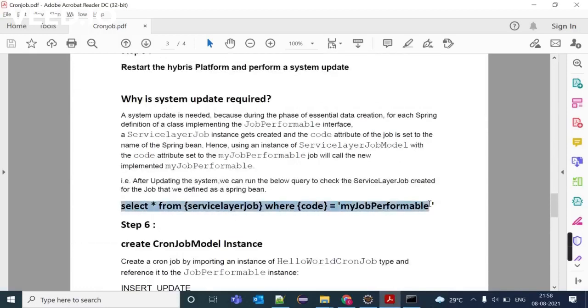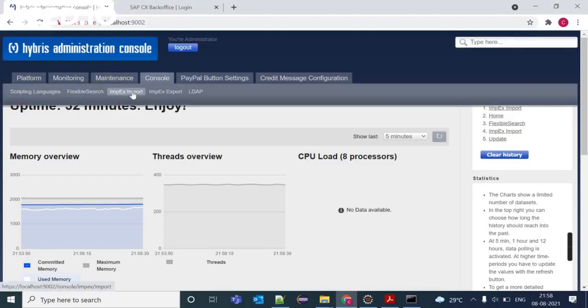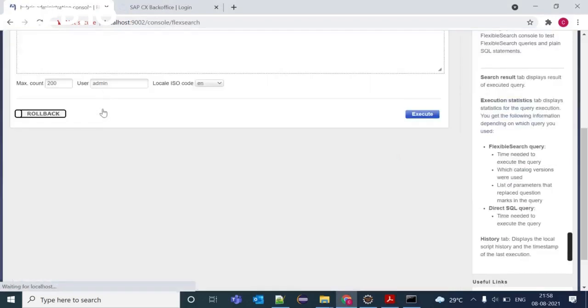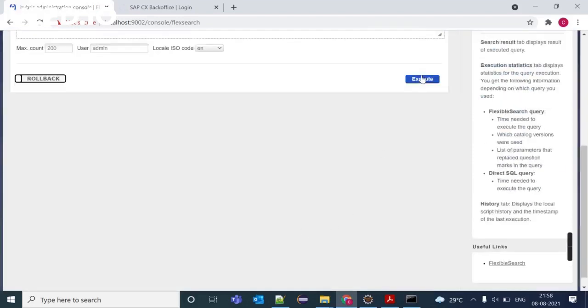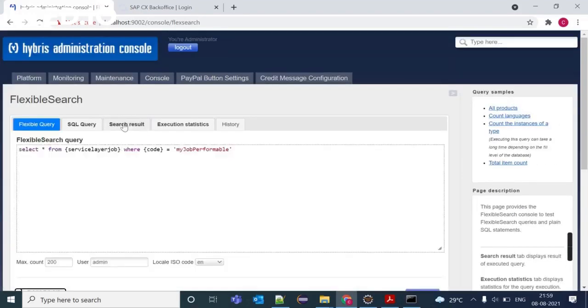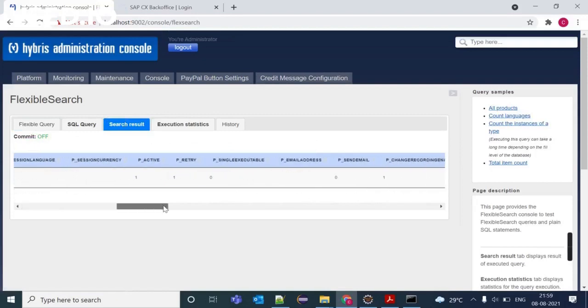I am copying this, going to console, then flexible search, and executing this command. Here you can check that my job performable service layer job is generated.